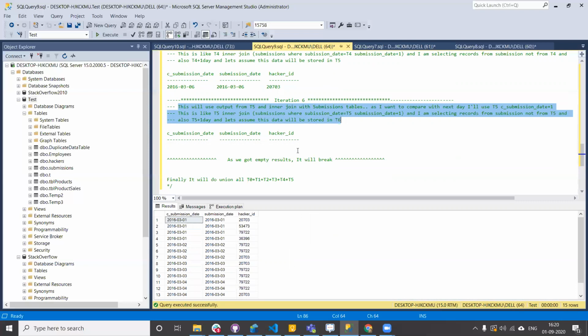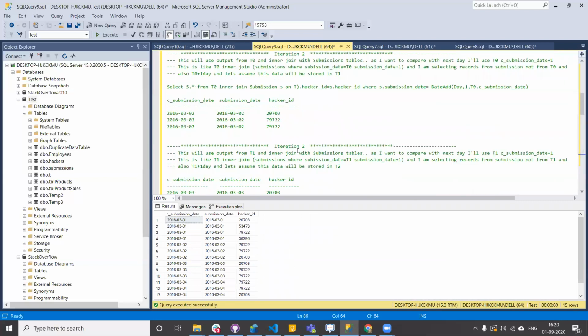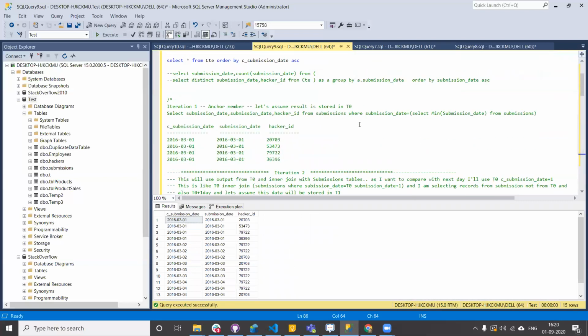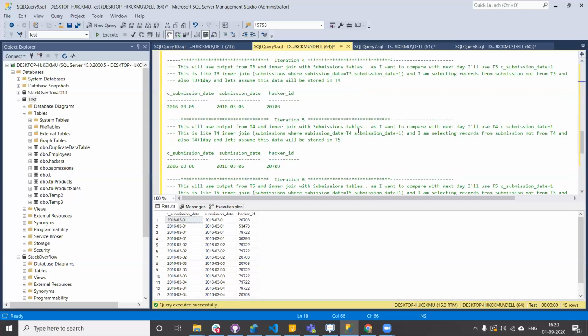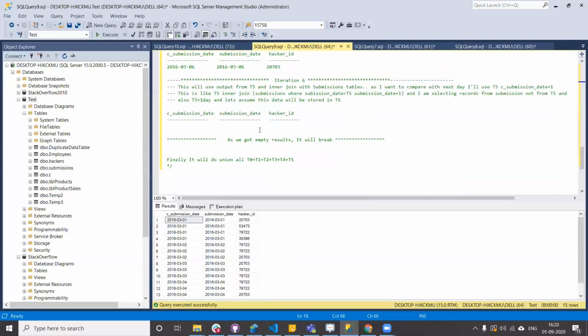And finally, it will union all these subsets of data. It will union T0, T1, T2, T3, T4, T5, T6. So the union of all these results is nothing but this is the result. You can just compare.